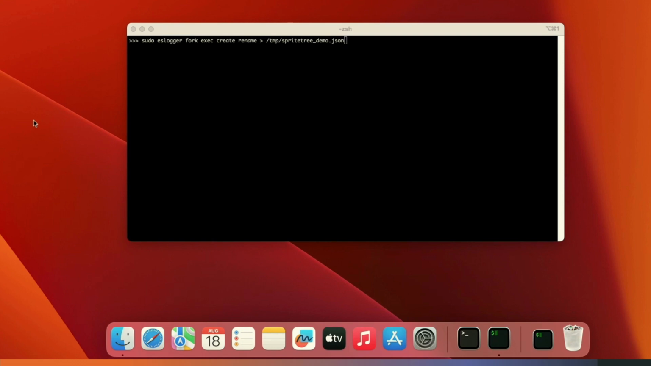So let's talk a bit about how it works. First off, its primary purpose is to take data captured from Apple's ESLogger tool. This is a command line tool that was added to the operating system at the start of Ventura. So you can perform a capture on any system running Ventura or later, and then load that capture into Sprite